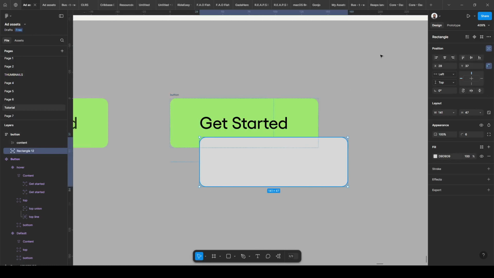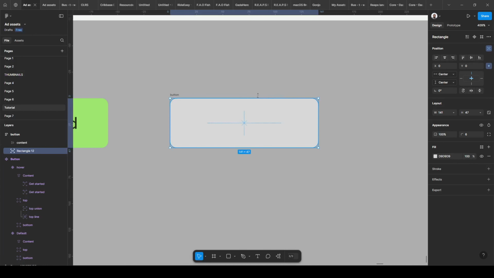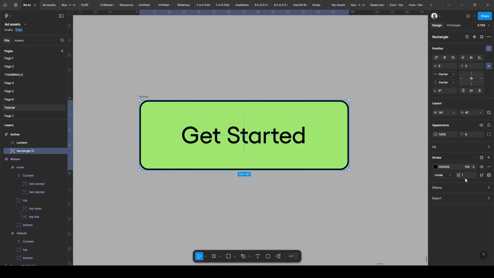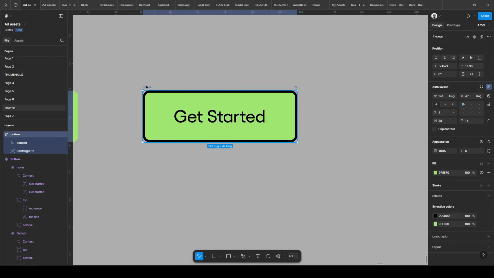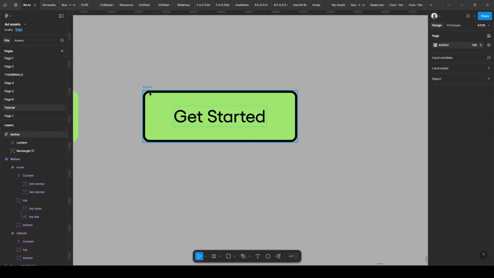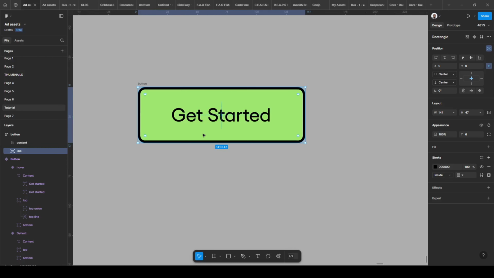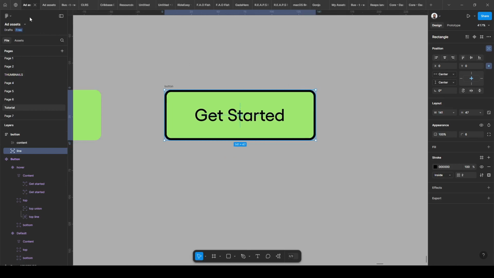Then we will move this to the center and horizontal center too. Then I'm going to remove the fill. Then I'm going to add stroke. So this stroke will carry 2 pixels. I will not just use 1 pixel because I want the stroke to be very obvious. Then once I'm done with this rectangle, I can call this one line. Let me just call it line, because this is the line that we're going to be using as the stroke